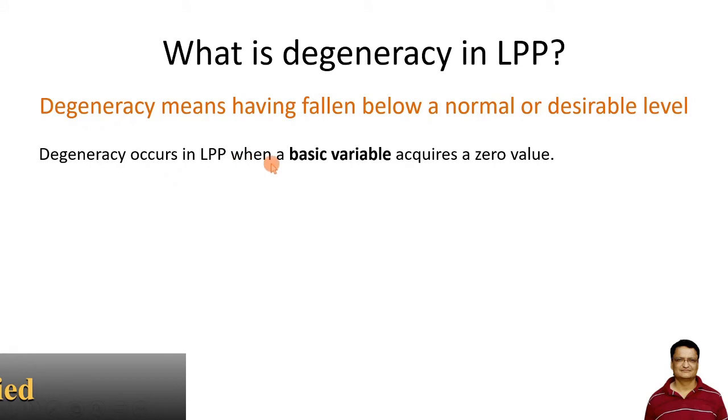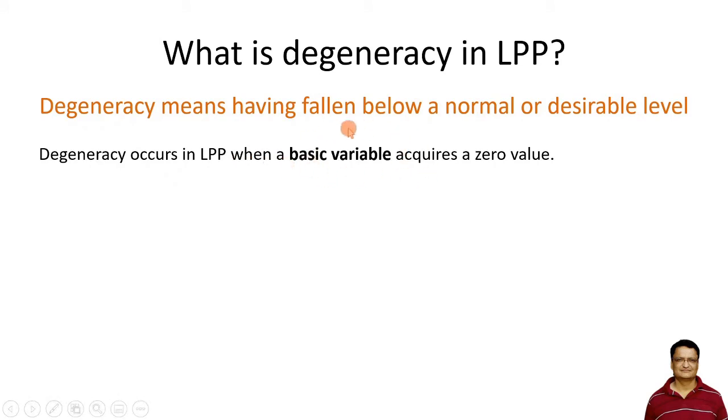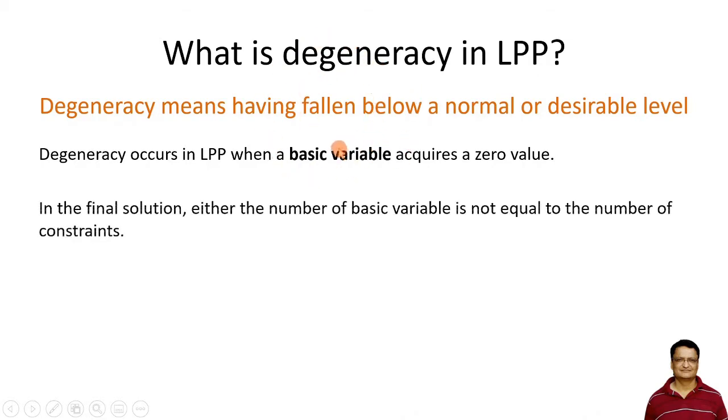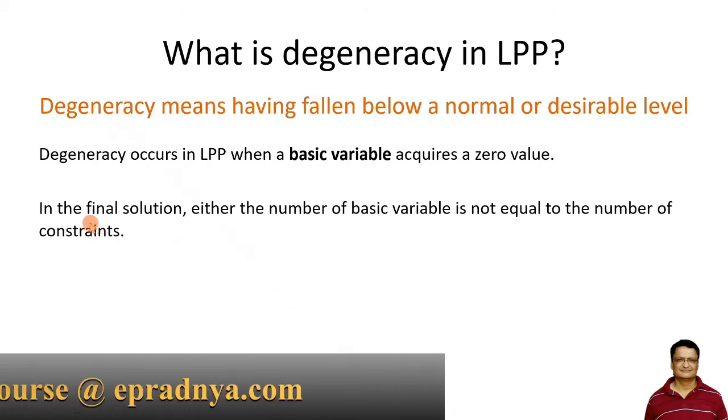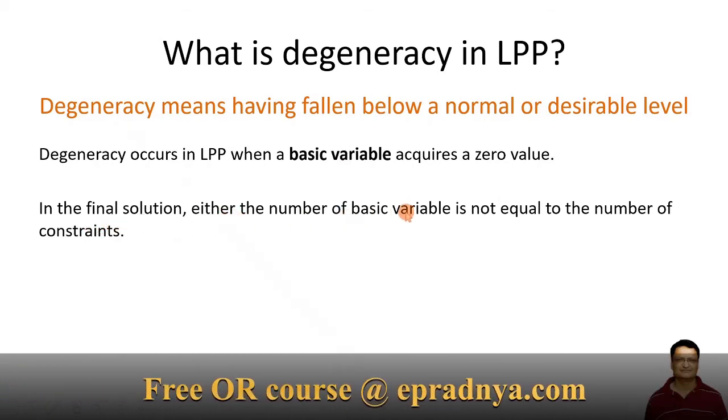Degeneracy occurs in LPP when basic variables acquire zero value. In an LPP we call those variables basic variables which are greater than 0, but if any of the basic variables become 0, then we say that this particular linear programming problem is degenerated. It is manifested in the final solution either by the number of basic variables not being equal to the number of constraints, which is one condition that can occur,